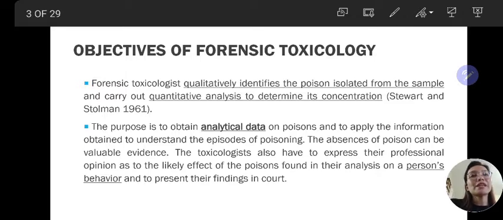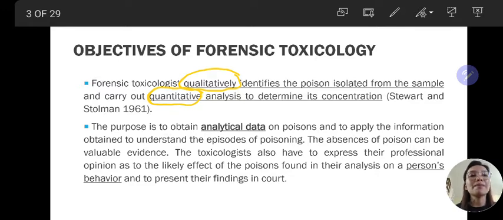The objectives of forensic toxicology include the following: to qualitatively identify the poison isolated from the sample and carry out quantitative analysis to determine its concentration. So we have two types of analysis or examination being conducted in a forensic toxicology case. We have the qualitative examination and the quantitative examination, which have already been discussed in the basic concepts